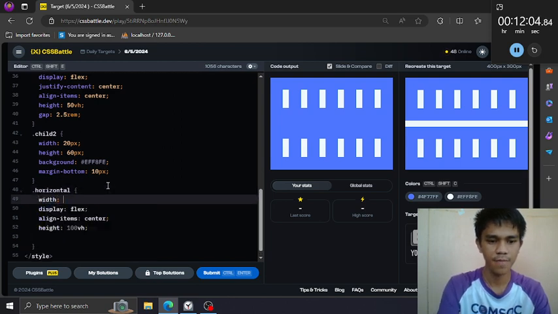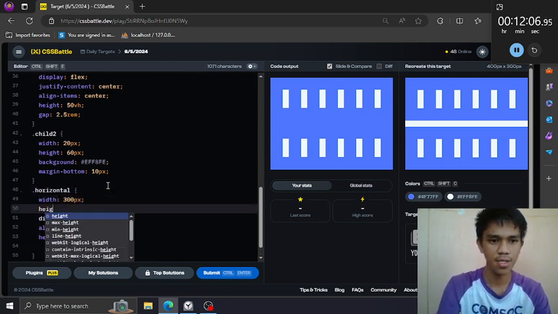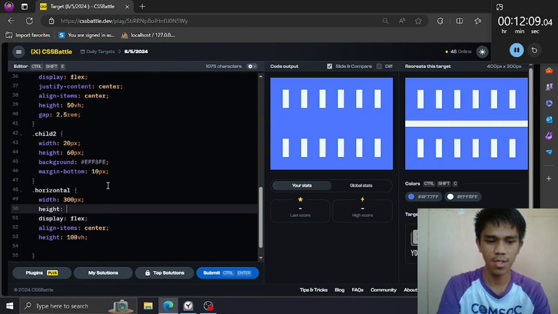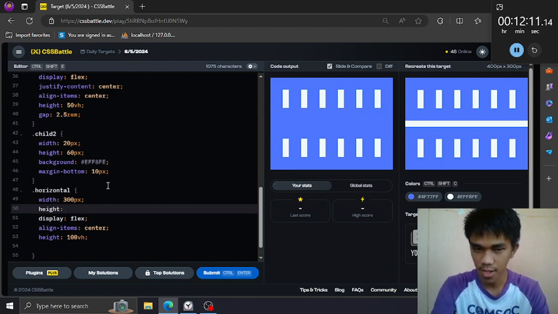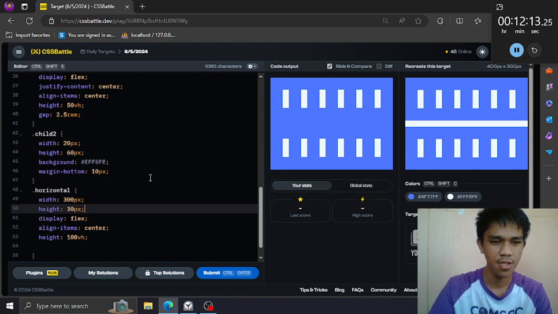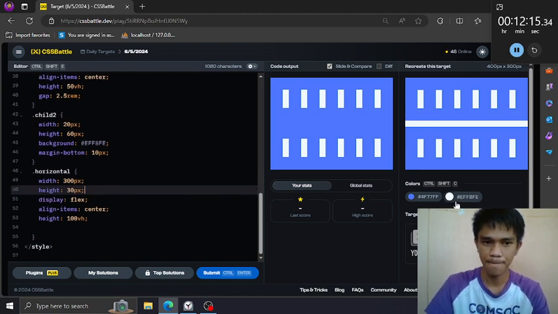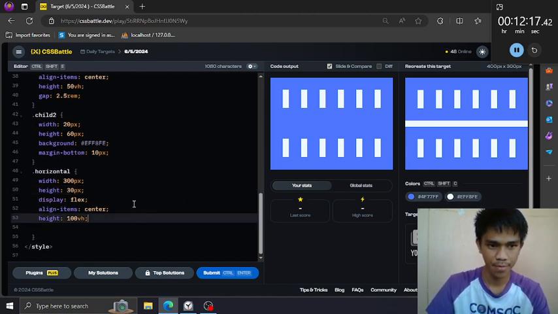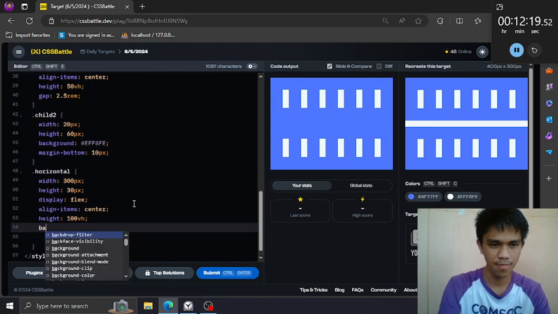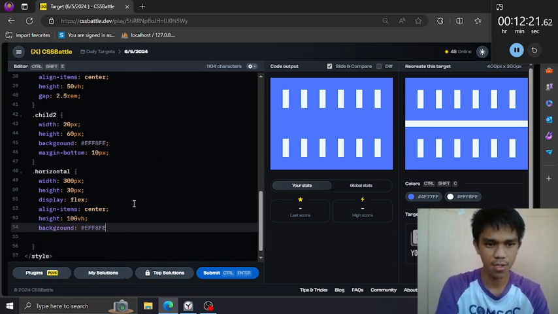Width of 300 and height of maybe just let's just put 30, and color, very important, and it is not showing, of course.